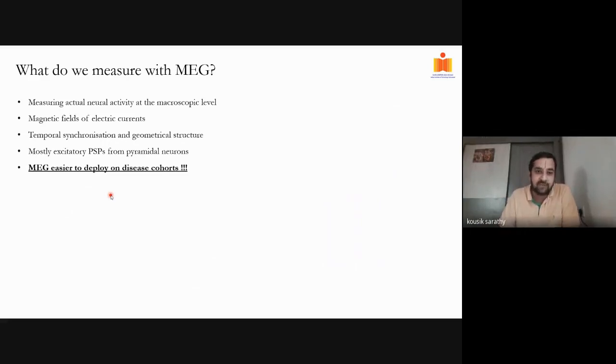Now, pyramidal neurons have 2 very interesting properties. One is the geometrical structure of the pyramidal neuron. We know from Cajal's drawings that it's like a barrel shape, very parallel in structure, which means that the vectors can add up. It is an open field, not a closed field. If it is haphazard, then the electric fields might cancel out each other. But since they are parallelly arranged, it can lead to a superposition or even lumping up of these fields.